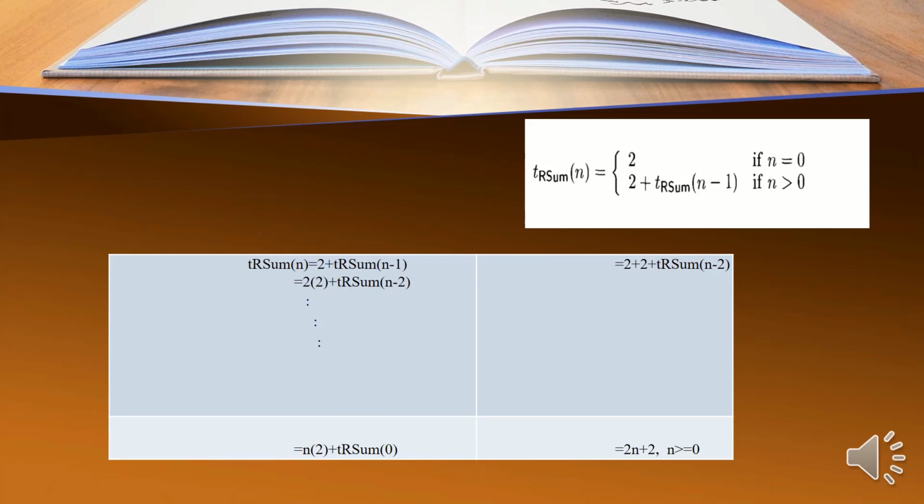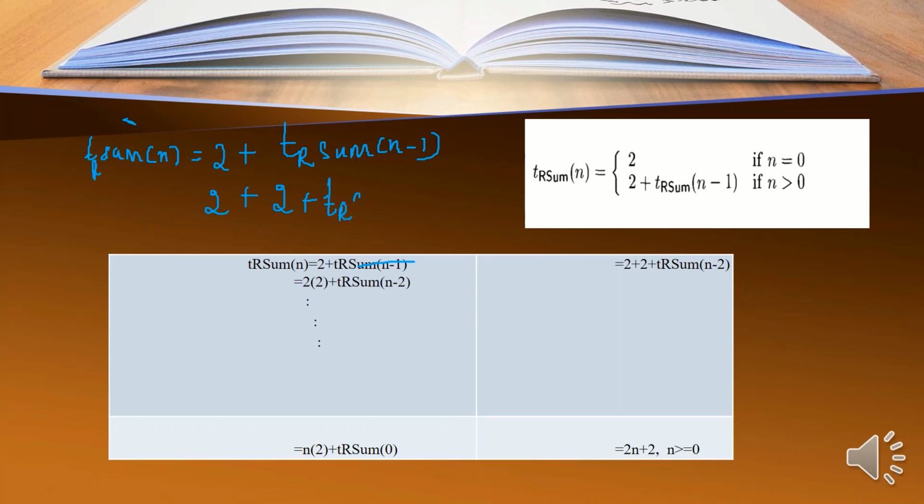Initially T_RSum of n is equal to 2 plus T_RSum of n minus 1. Now what is T_RSum of n minus 1? That is 2 plus T_RSum of n minus 2.